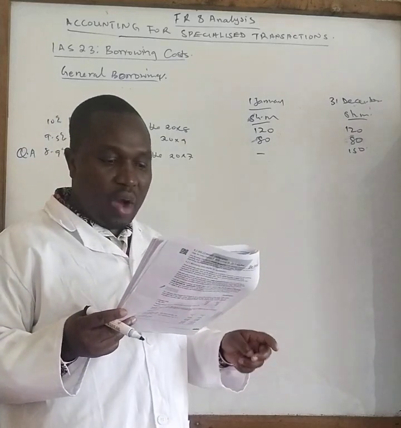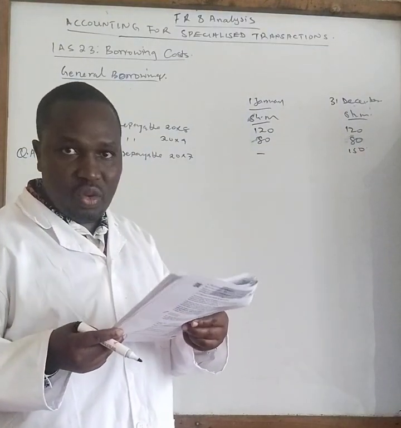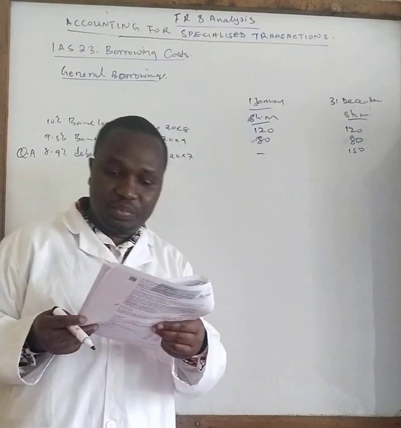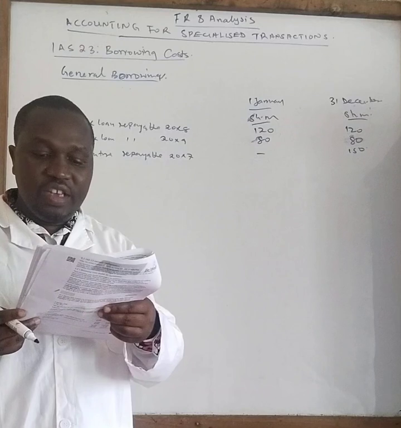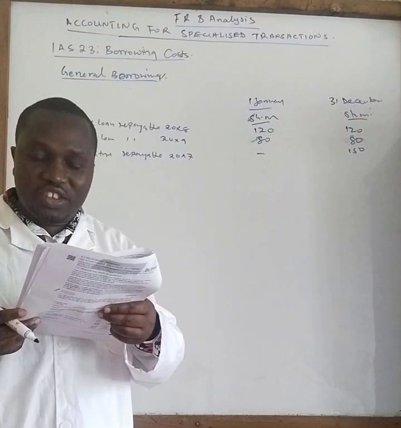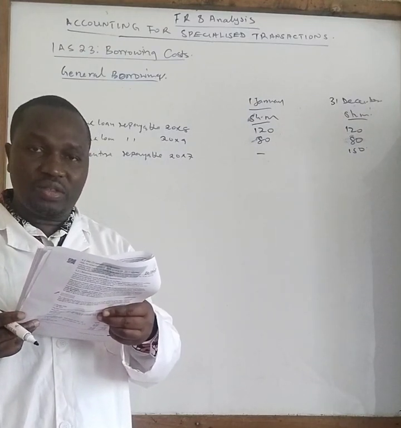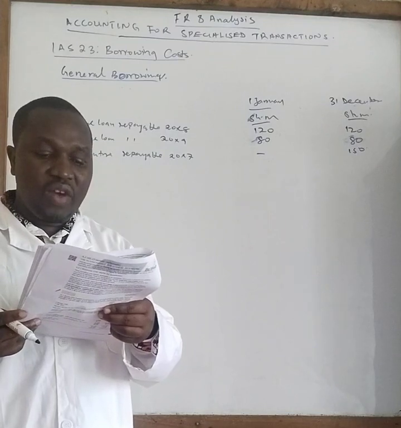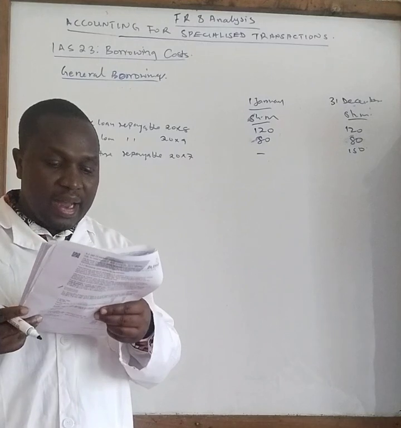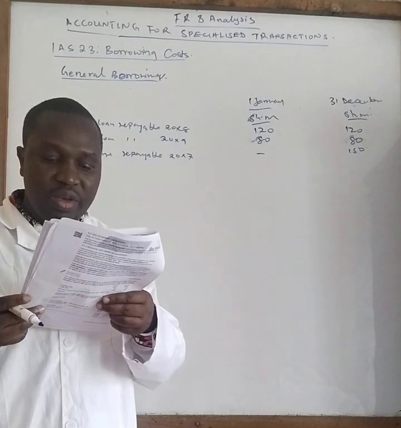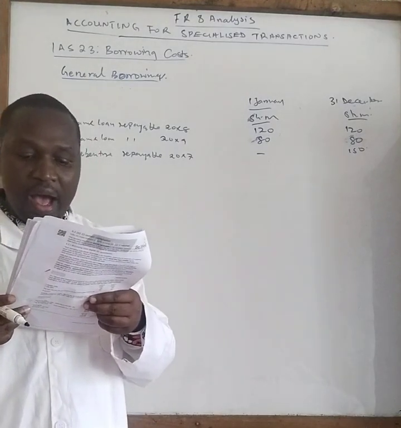A piece of machinery for a hydroelectric plant, using existing borrowings. Expenditure drawn down for the construction was 30 million on 1st of January and 20 million on 1st of October 20x6. Required: calculate the borrowing cost that can be capitalized for the